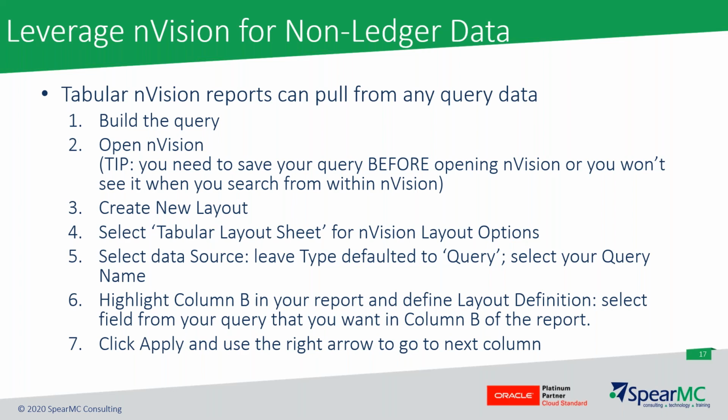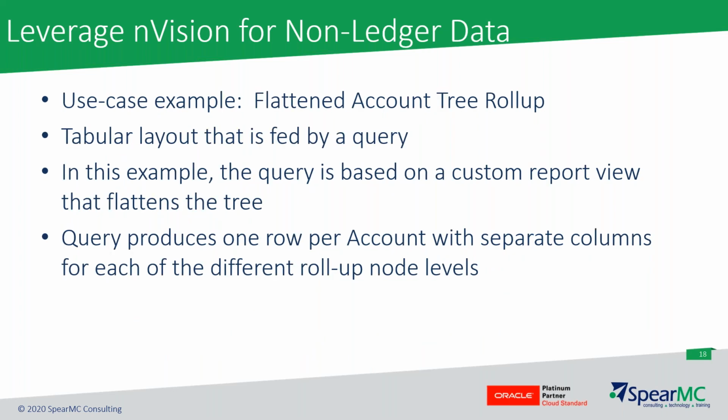And then for the data source, instead of pointing to the ledger, which many of you probably have scanned right over when you're building a matrix report before and not paid much attention to, there is an ability to change that from a ledger default to pull from the query. After you do that, then you're going to highlight each column and pull from your query what field you want pulling into each column. So as a use case example, I took a query that was off of the flattened